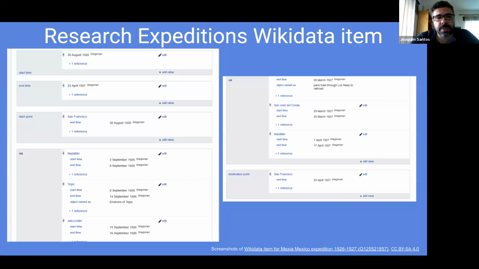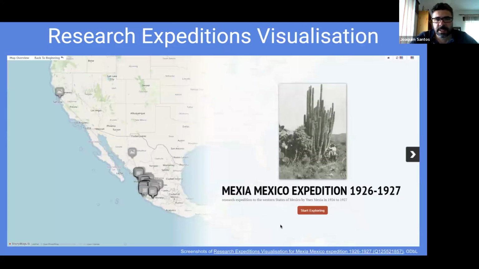And you also have this property called "via", which is an itinerary, so a list of localities visited during the expedition and where it ended. Because Wikidata is all interlinked, each one of those localities has its own Wikidata entity with more information like photographs and geographic coordinates. So using this, we can automatically, using a machine, create visualizations for expeditions that we have done. And it's in this slide, for example,